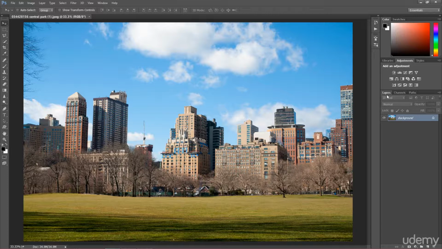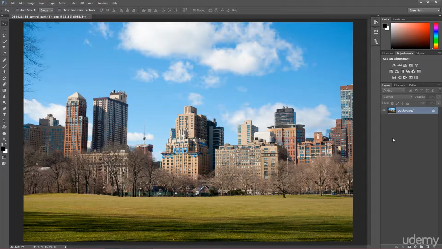And in this Layers panel, we already have one layer. That one layer is the image that we opened in Photoshop. So that's our starting point. If you don't have any layers, it means you don't have any project in Photoshop. So if we close this, there is no layer, which means there is no project. So starting from the beginning, we have one layer, and what I was talking about is the fact that there are going to be more layers, because maybe you don't know actually how it works.